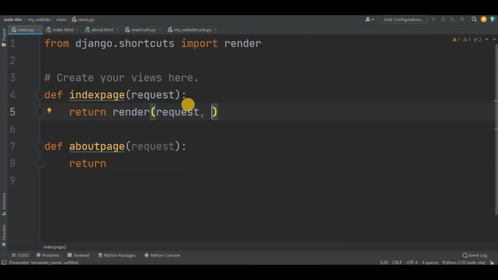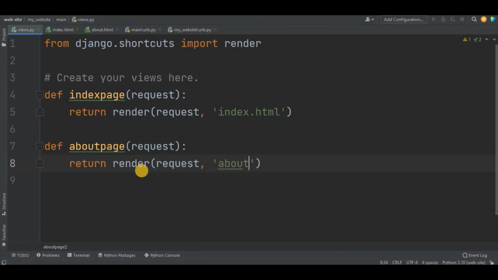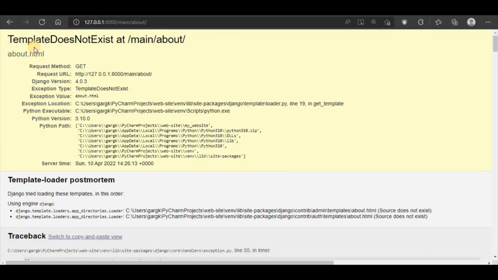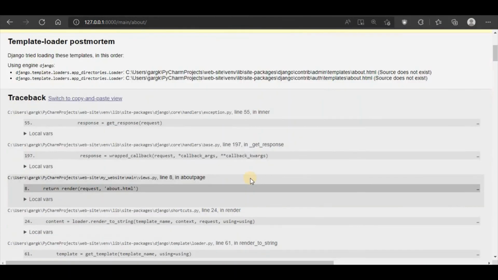Now I will go to my views and I will say return render, and render will take firstly the request parameter, and then it will take the name of my HTML file, and I will say index.html over here, and I will just repeat the process. So about.html, and let's see if this is actually working or not. So if I refresh,